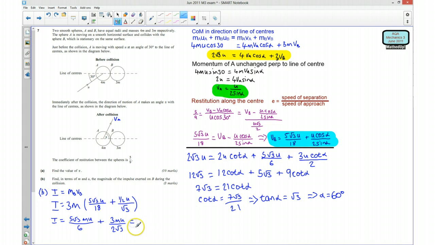Okay, and if we simplify this, that's going to give us, well, if I multiply top and bottom here by root 3, that's going to be 5 root 3 mu over 6 plus, that's going to be 3 root 3 mu over, and if I multiply the bottom by root 3, that's going to be 6, and that's going to be equal to, if I add these together, I've got 8 root 3 mu over 6,